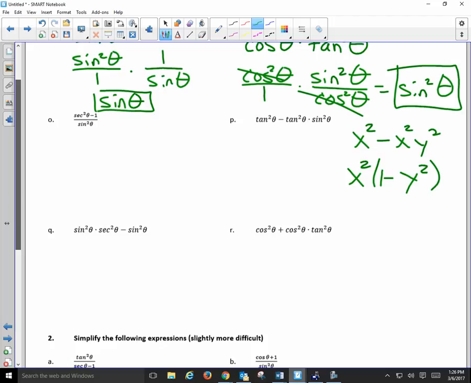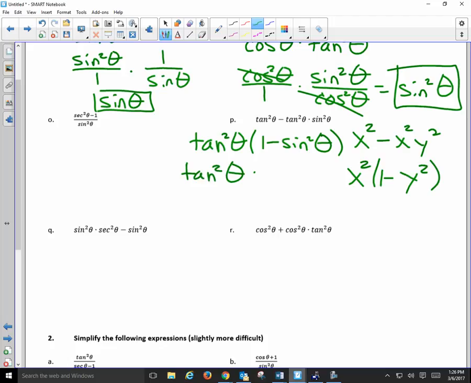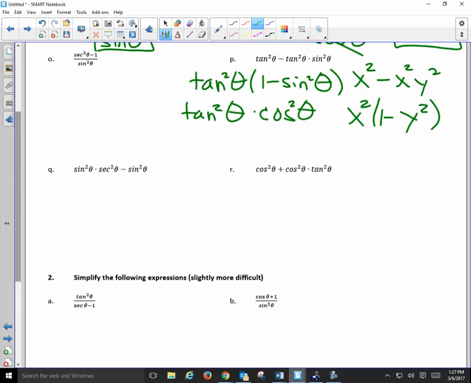So what's the common factor you could take out of this? Tangent squared. 1 minus sine squared. If only we knew what 1 minus sine squared was. What is it? It's cosine squared. Oh, thank goodness. I was worried there for a minute. Oh, if only we could simplify tangent squared times cosine squared. Sine squared over cosine squared times cosine squared over 1. What happens? And I get